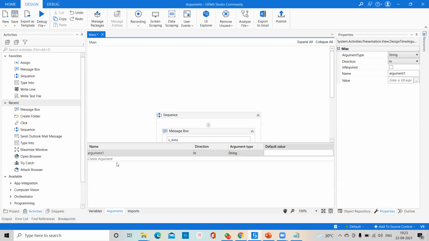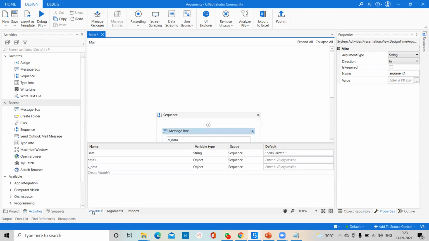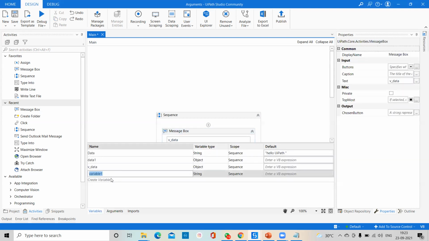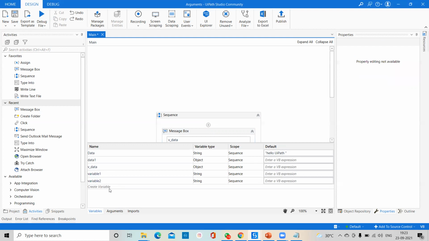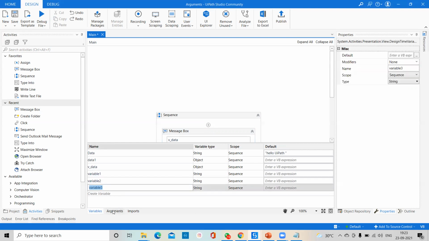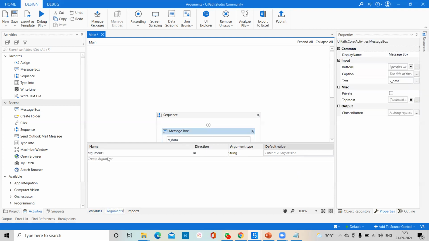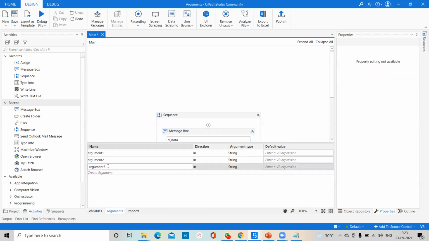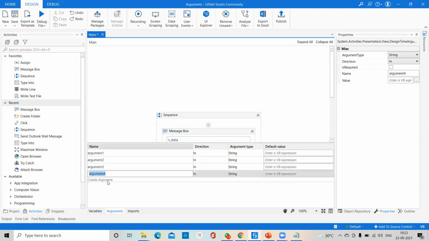Okay, here if you go to the variable, one thing I will also tell you, if you click here, automatically Variable 1, Variable 2, Variable 3, Variable 4, you are able to create. If you come to arguments also, the same thing, Argument 1, 2, 3, 4, 5, you are able to create likewise. Whatever name you want to provide, definitely you can go for it. Right now, the first argument we are discussing is called Argument 1.